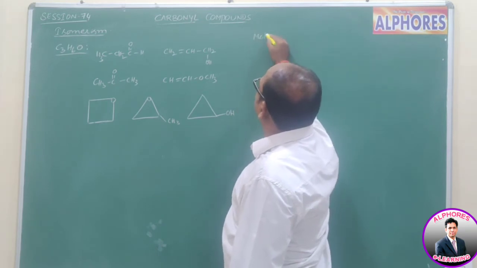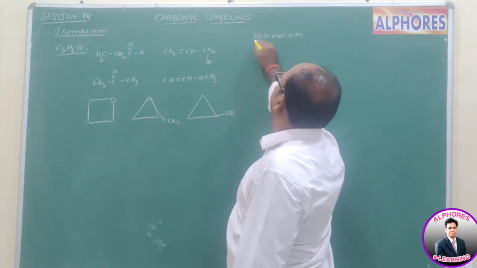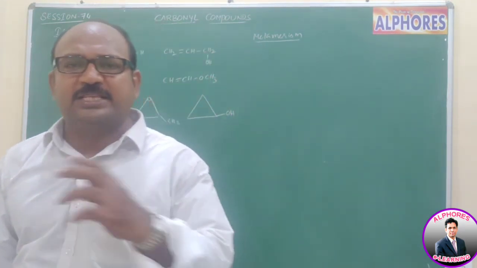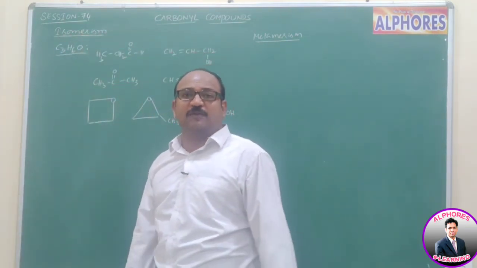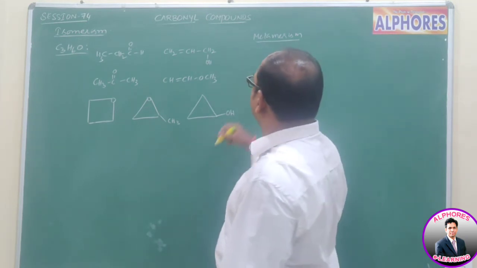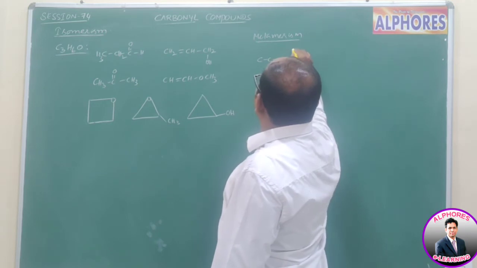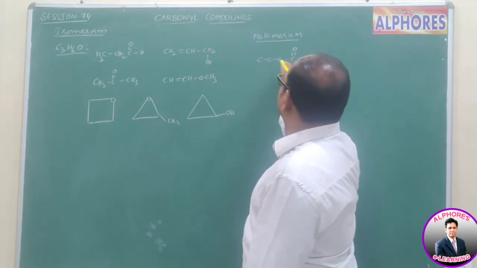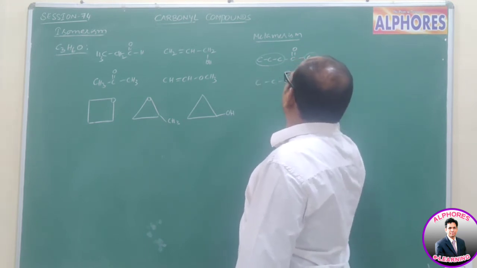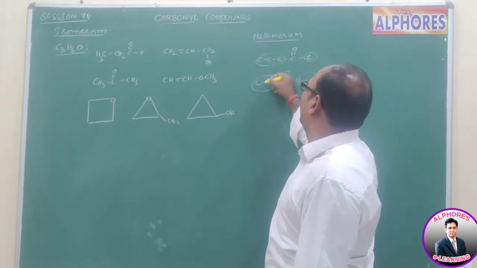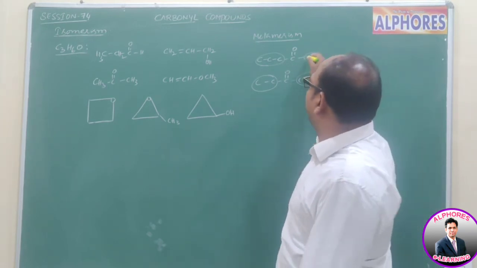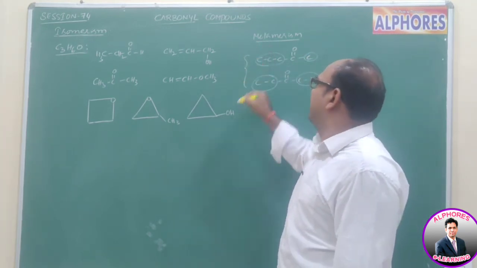Now what about metamerism? Compounds which are having same molecular formula, same functional group, but they differ in their nature of alkyl groups attached to functional group. The nature of alkyl group is nothing but number of carbon atoms in alkyl group. Let us see here. C=O, in this case, here 3 carbons, here 1 carbon. Now I am going to consider here 2 carbons, 2 carbons. Nature of alkyl group change or not? So number of carbon atoms change or not? Change. That means nature of alkyl group change. That means you can say these are metamers, right?